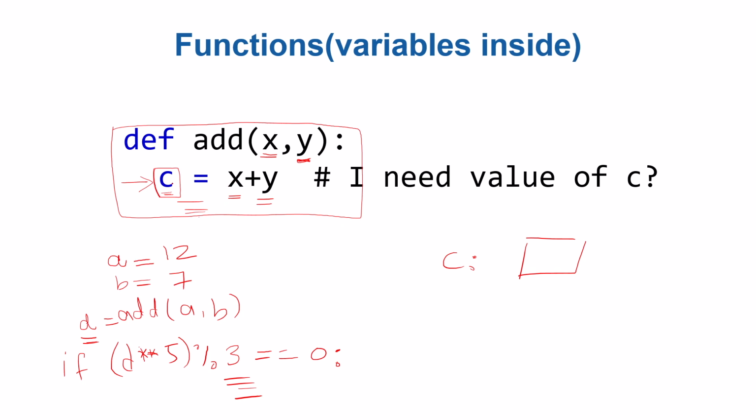How can you receive this value? How can you receive the value inside C outside this function? So that is the question in this slide. How can we do that? Further,